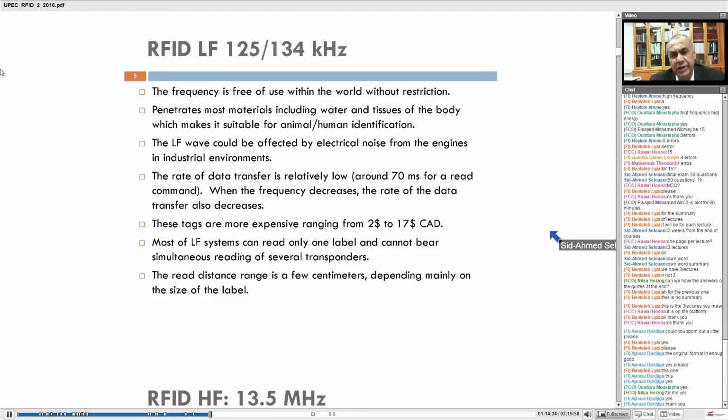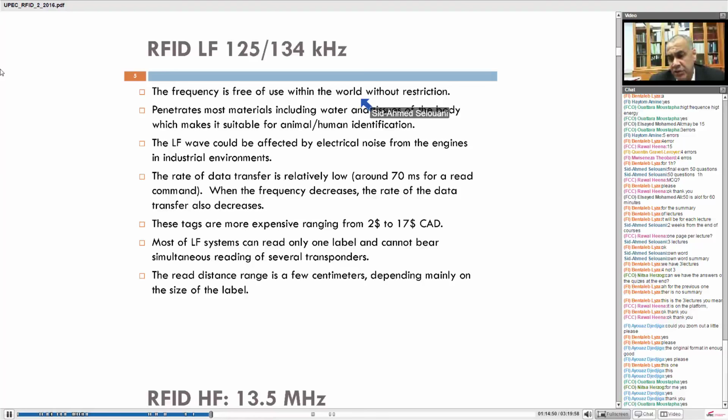Remember, Mustafa, I think, asked us a question about whether it is mandatory to have a license from an authority to install an RFID. For this low frequency RFID, it's not necessary because the frequency is free of use. Okay, it's worldwide, so you can use it in any country you want, without restriction. But it's very restricted because